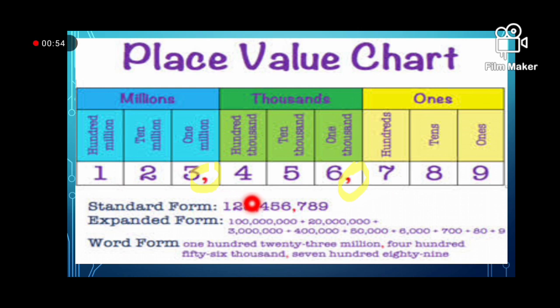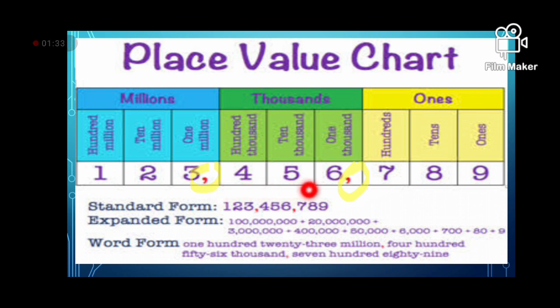Now the expanded form. We will expand this number. How can we expand this number? First we will write how many digits are there. These are the 9 digits. We will write the first number, that is 100 million. The 100 millions means 1 is followed by how many zeros? 1, 2, 3, 4, 5, 6, 7, 8. We will replace all the numbers by 0 and we will write 1 followed by 8 zeros. Then plus,